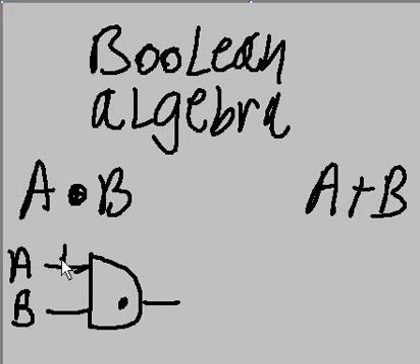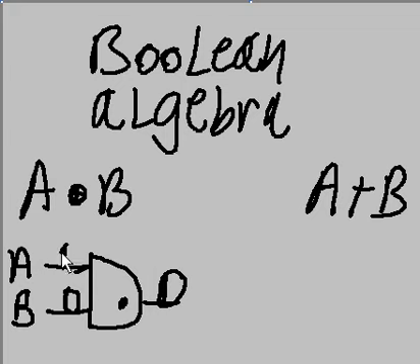So if you have a 1 on A and you have a 1 on B, then you're going to get a 1 output. If you have a 1 on A and you have a 0 on B, you're going to get a 0 because you have to have a 1 and a 1 to get a 1. That's the law with this